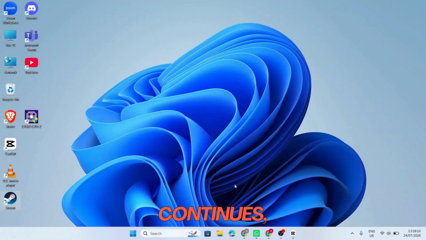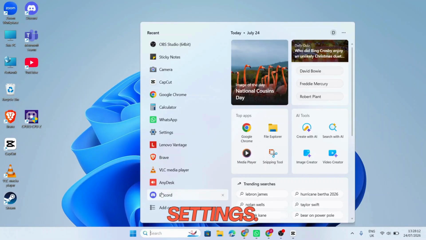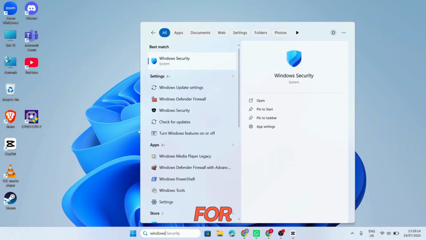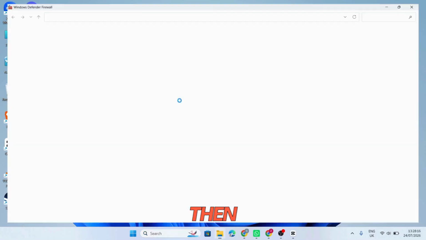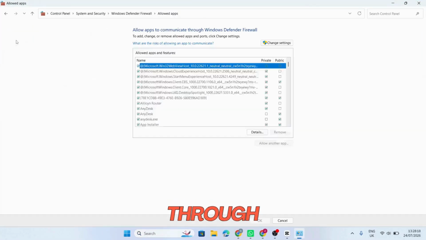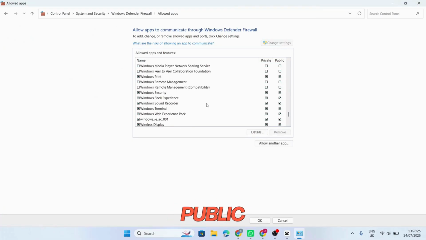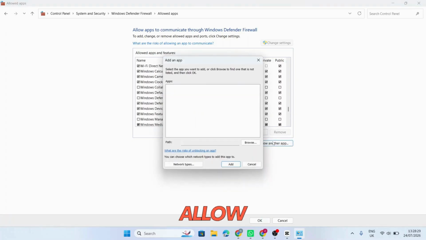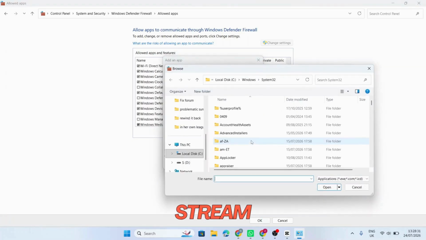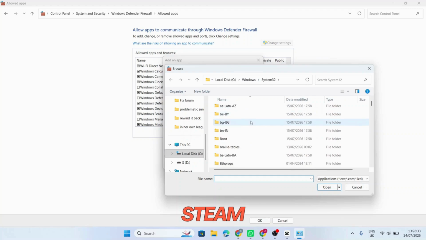If the problem continues, check your firewall settings. Open Start menu and search for Windows Defender Firewall. Then select Allow an app or feature through Windows Defender Firewall. Click Change Settings and make sure Steam is allowed on both private and public network. If Steam isn't listed, click Allow another app, browse to Steam installation folder, select steam.exe, add it and enable both